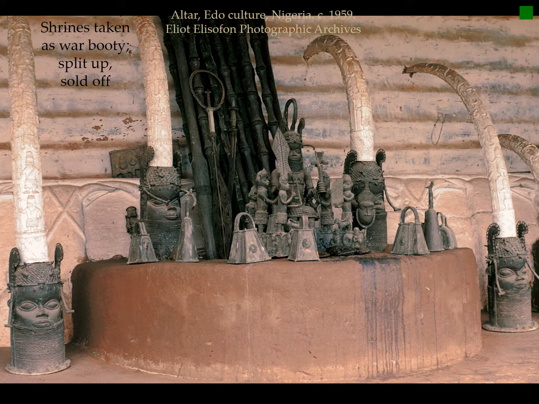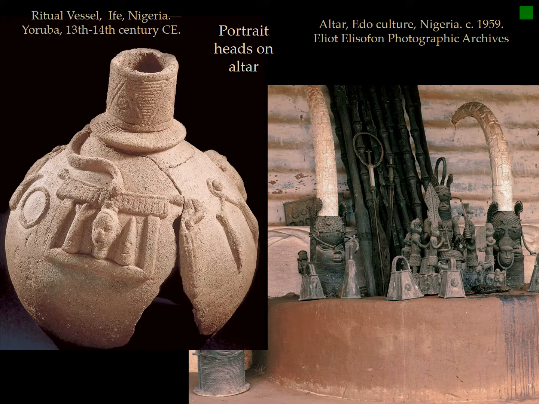Here we have a photograph of them reassembled as they would have originally appeared, with the portraits in the center as well as the ivory tusks representing power flanking them off to the side. So just as we have in the earliest examples of the Yoruba culture, the Ifa in Nigeria, in this pot, with an altar with a head flanked by abstract objects that is broken, we see that carried out here in life in what would have actually been in existence. So the elephant tusks as symbols of power also represent the royal power of the Oba, who is ruling over these people.